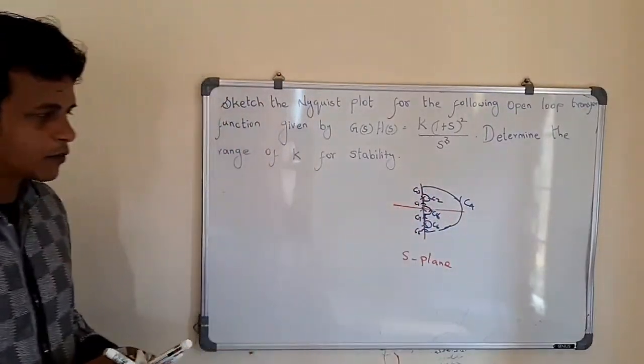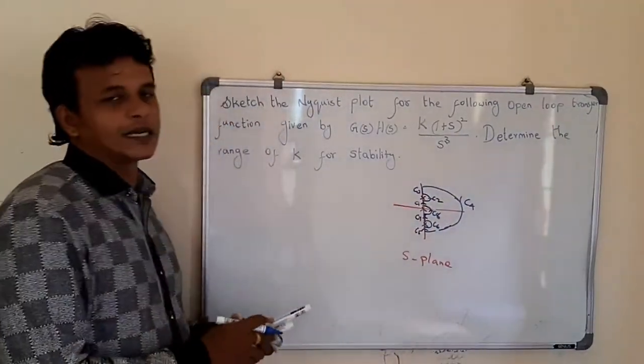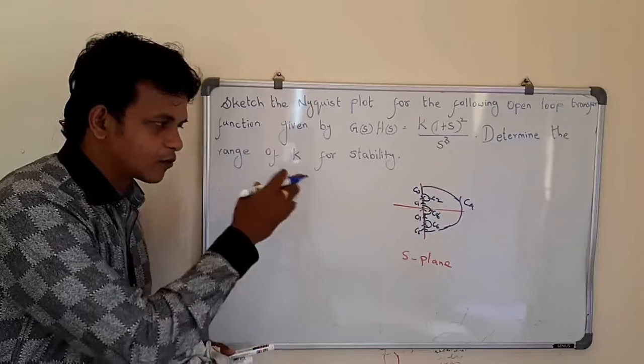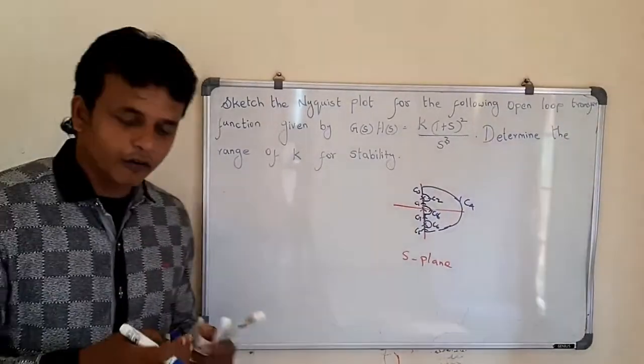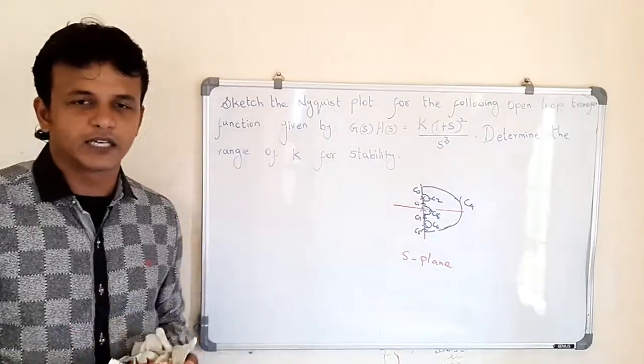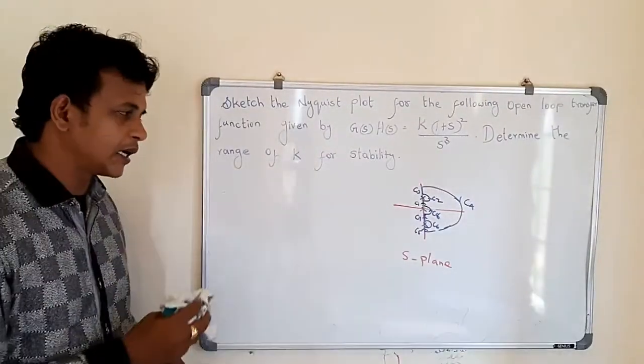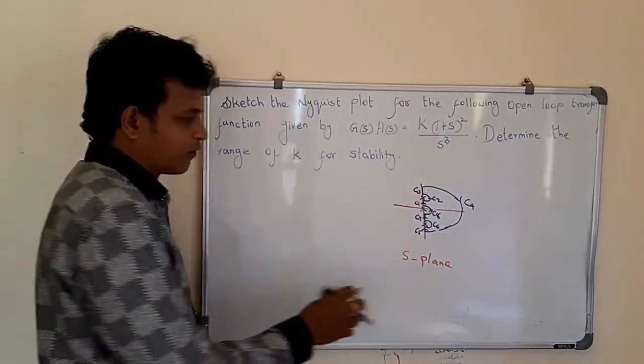Okay, so we have this many regions, and this is the Nyquist contour in the S plane if there are these kinds of poles on the imaginary axis. So the main thing is we have to find the poles on the imaginary axis, and with that we can determine the Nyquist contour for the given open loop transfer function.